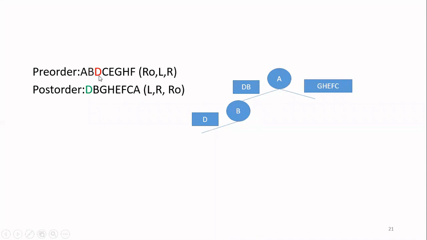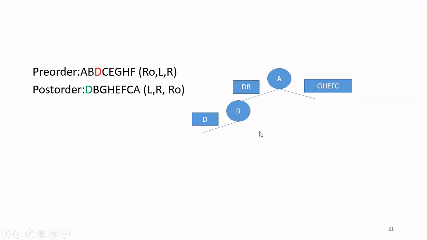Now you take D, then go to the post order. In the post order, you travel from the left and find out whatever nodes appear, including D; that will be the left subtree. So I have only one node D, so that is the left subtree. Because I'm taking D here, I have to consider with respect to D. So I am drawing D as the left subtree.